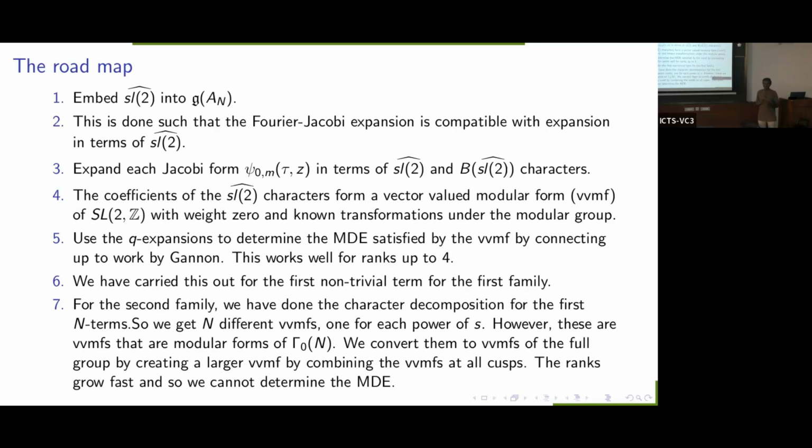Yeah, I guess what I'm asking is, if I give you a vector valued modular form of SL, you can always just restrict it as it is. Yeah, a vector valued modular form of gamma 0 n. Correct. But is there a way to restrict it to a smaller one? A smaller. When you say